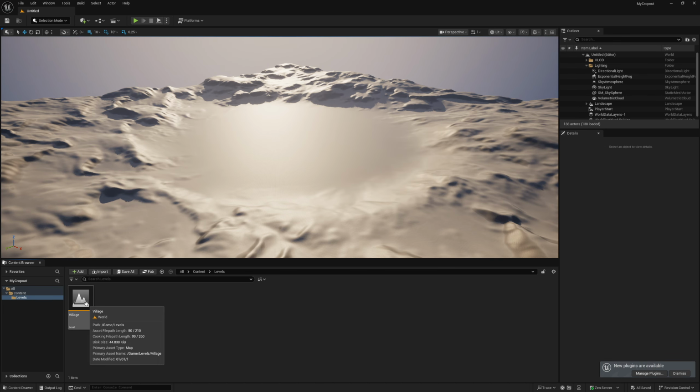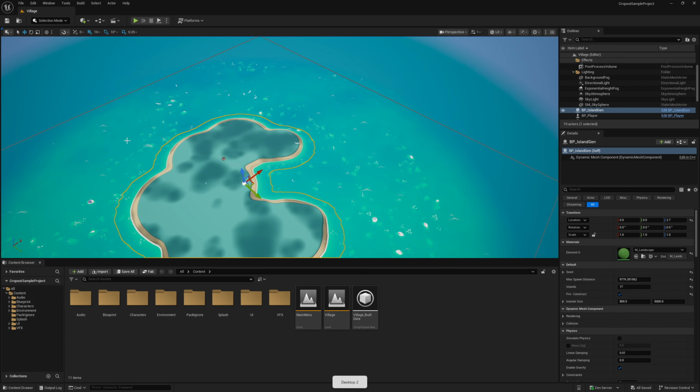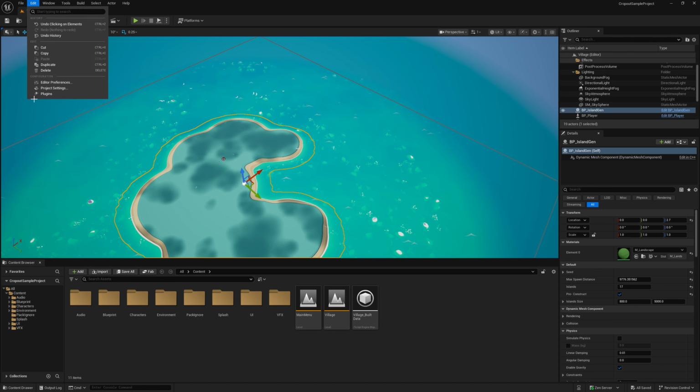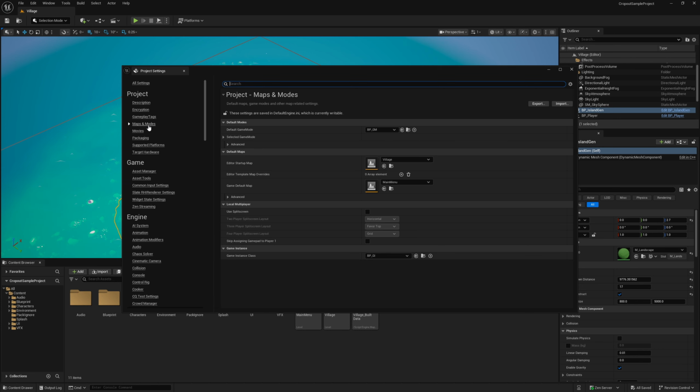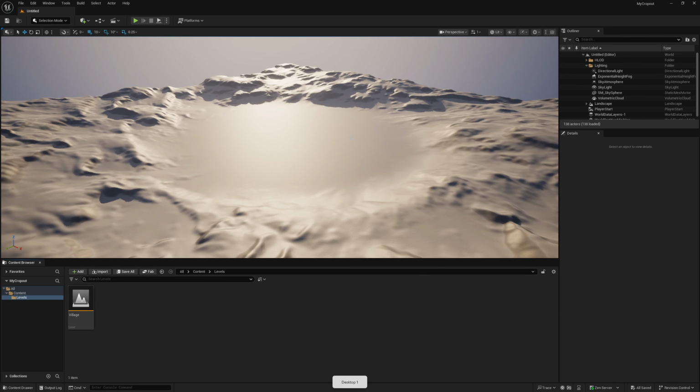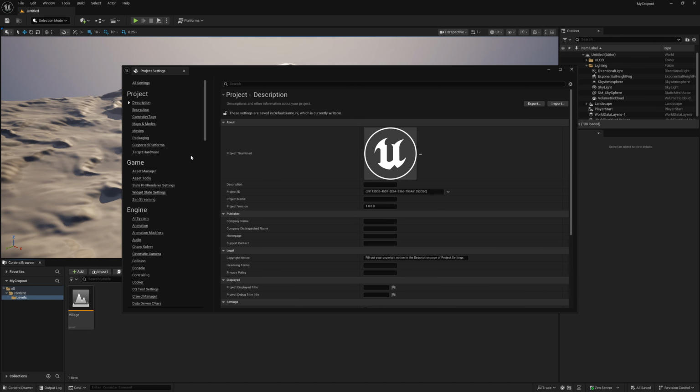okay, it seems I have my village, but it's not the default. So for that, there's something I need to do. I will check what they have done in the sample project, in the maps and modes. Okay, they have two levels, one for the startup of the editor, one for the start of the game. So for the start of the editor, there's this village. Okay. So myself, what I'm going to do in the project settings, I will just say that in the maps